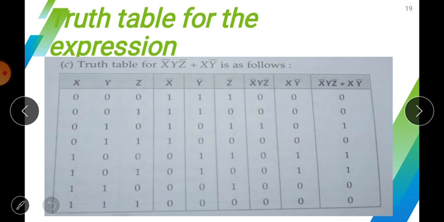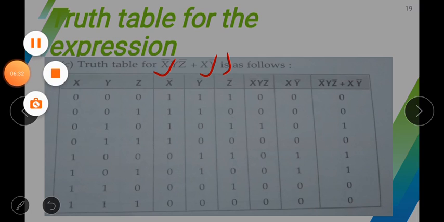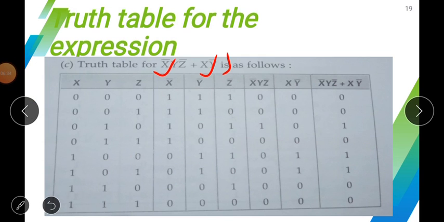And then go for the single operations. You will have to calculate x inverted, z inverted and y inverted. So these are the next 3 columns in which x inverted, y inverted and z inverted have been calculated. Means if 0 the output will be 1, and if 1 the output will be 0. So in this way the inverted operations will be done, and after that you will have to solve one by one each and every expression.